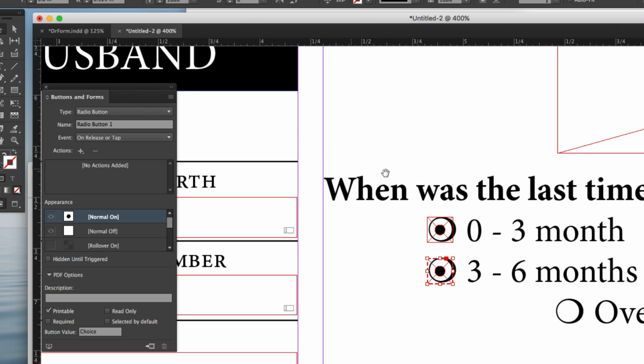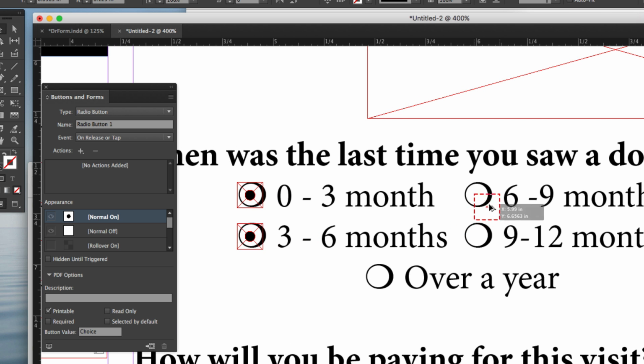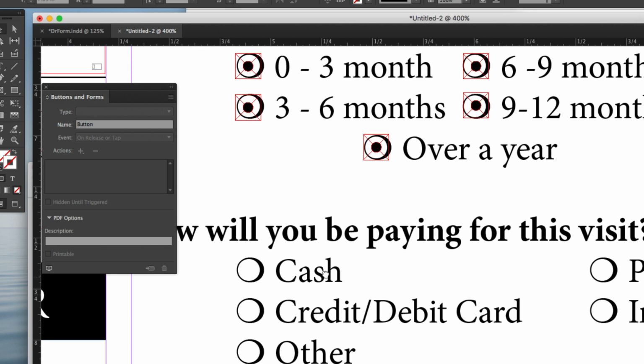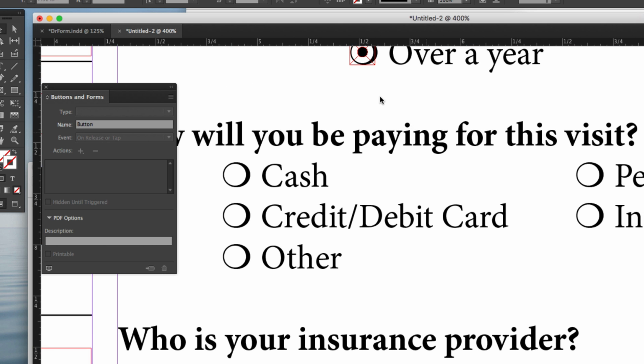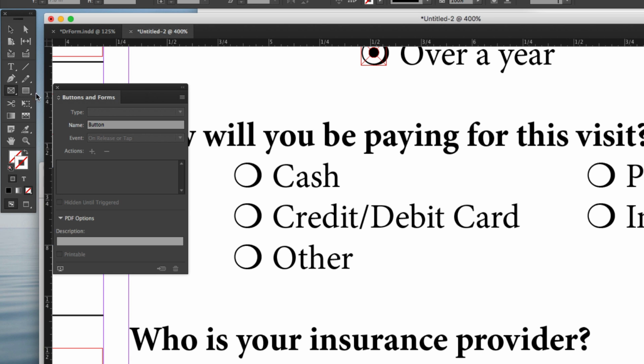So we'll do the same on this side. Copy that one into there, there, and also here. We do want to add radio buttons to how you'll be paying, but we don't want it to have the same name as above. So in this case, I'm just going to create another box,